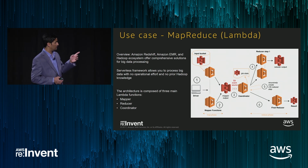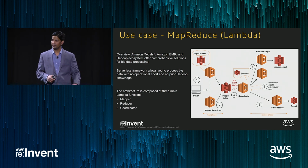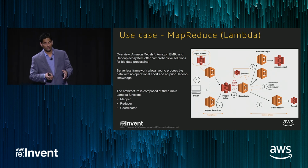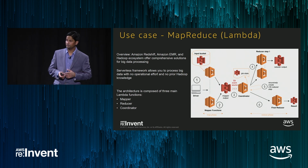So on the picture here, you can see how you still have the same MapReduce framework that we discussed in the previous slide. You are extending that into the serverless side where you are ingesting the data, you're still storing it in the input bucket, and you are triggering an event where there are mapper functions that take the data set, and then